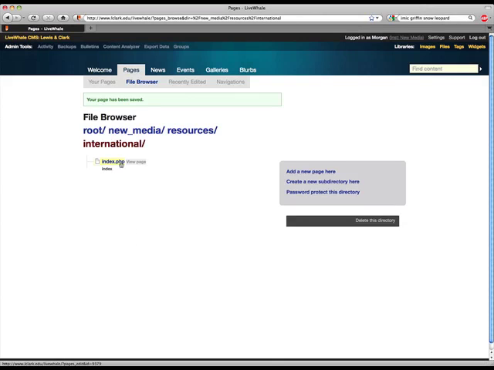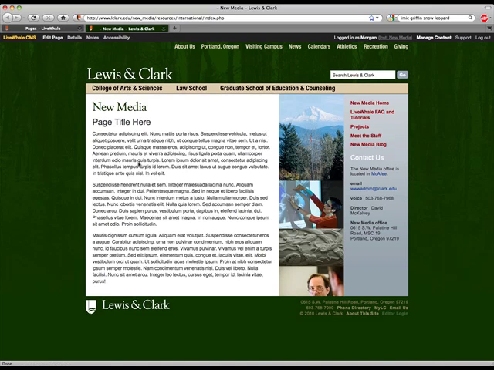And so now I have created my page, which is the international subdirectory, and inside it the sort of skeleton index.php. So now I click on view page, and I am ready to dive into editing,